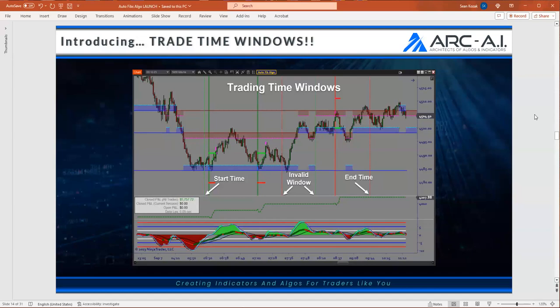Like before, we only allowed you to trade between, let's say, 9 and 3 or 9 and 11. But maybe you want to trade the entire session and just block lunchtime. That's what we've added. We've added the ability to select trading window times so that you can optimize. Let's say crude oil doesn't really trade well during the open, but it trades really well a half an hour after the open into 11. We've added that so that you can build the best template for each of your markets. This is a new engine feature, and it's very, very sexy. In fact, it was really one of the better templates.